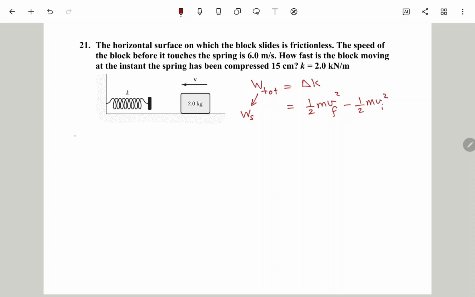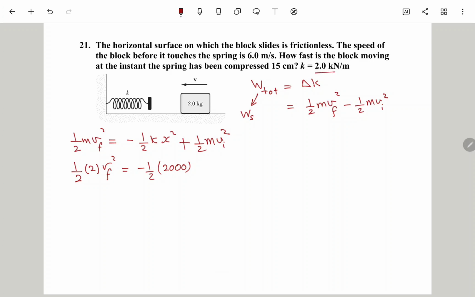Now again, half V final squared equals minus half work done by the spring, kx squared, plus half V initial squared. Half times 2 V final squared equals minus 2000, because it's 2 times 10 to the power 3,